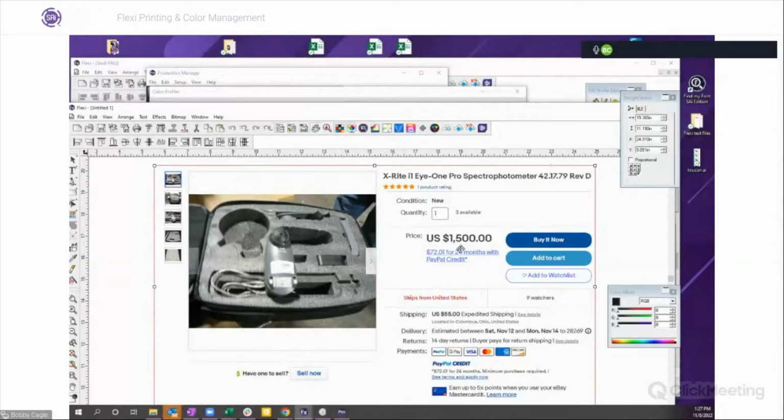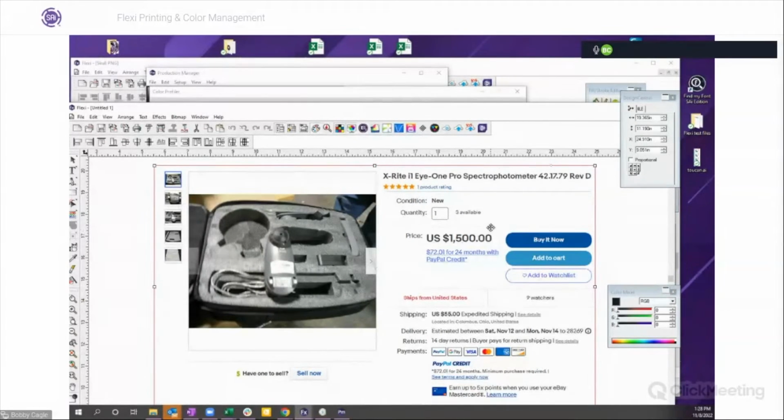I've seen them for as little as $300-400. It measures the color swatches that Flexi prints out for you to be able to make your own color profiles. If you're really serious about printing good color out of Flexi in your environment with your printer and everything else,